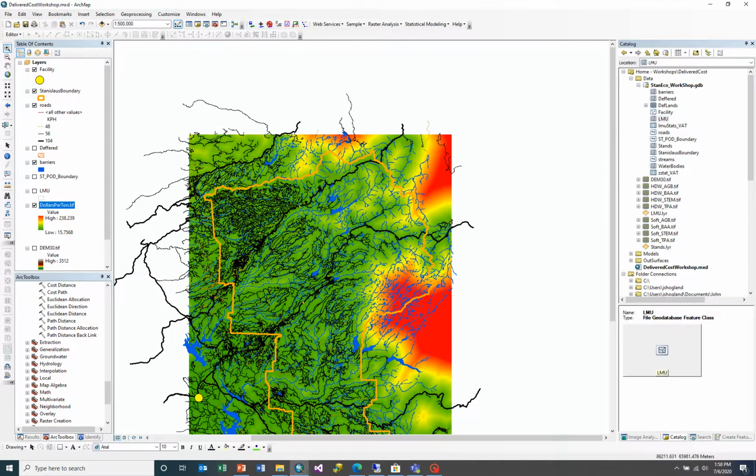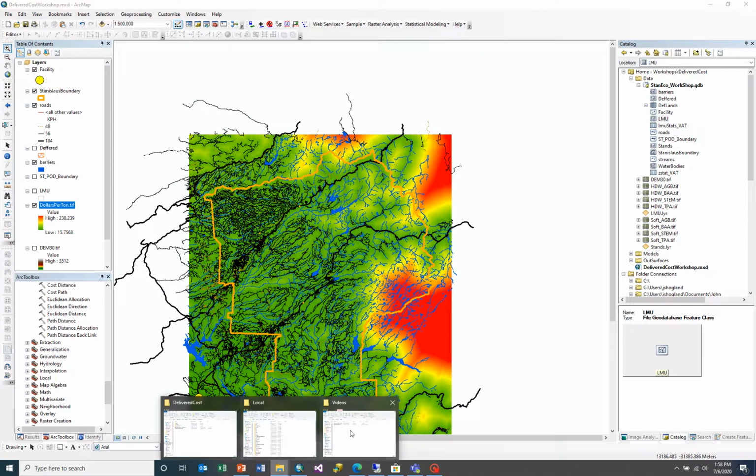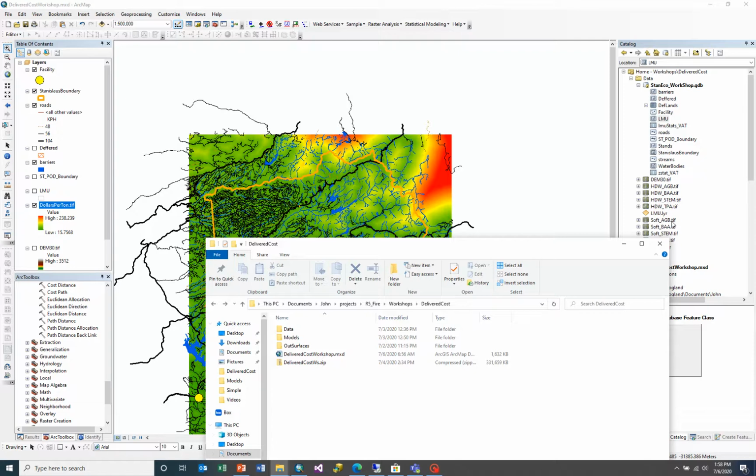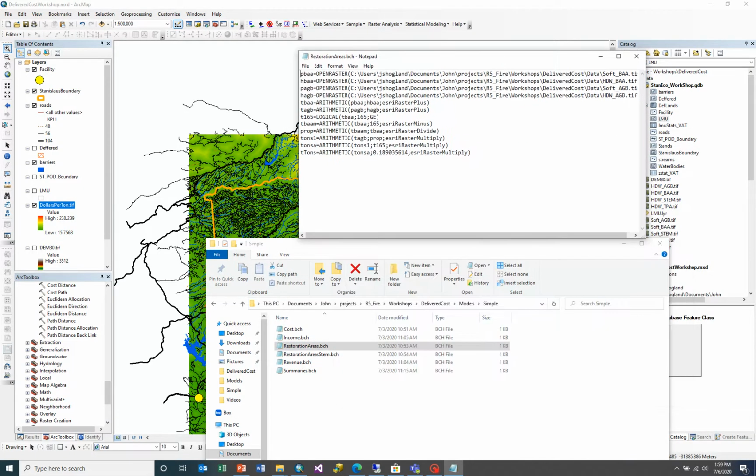To get at what is the cost, given our prescriptions to bring our forest to a fire resilient condition, we want to look at how much is on that landscape. And in order to do that, we're going to use those basal area and trees per acre surfaces, but we're also going to use batch processing. And so we're going to look at what is the correct syntax to make that happen. And I've already written these up as batch files, but what these batch files really represent